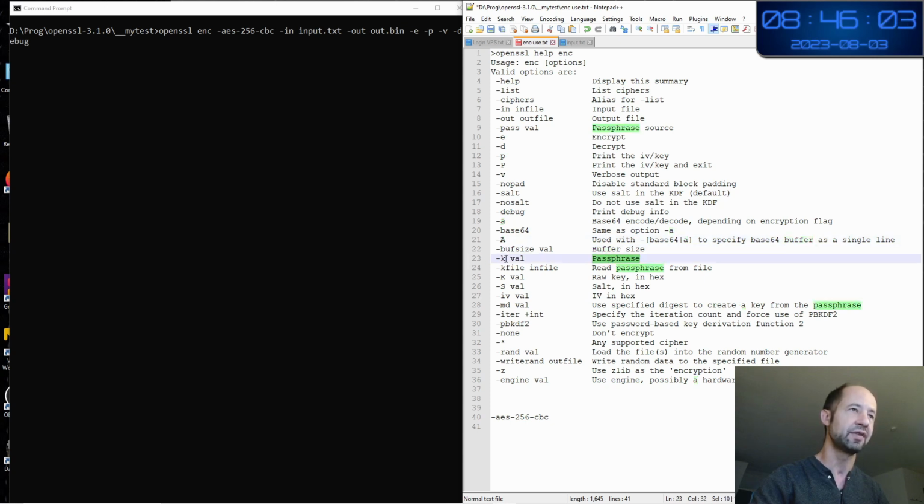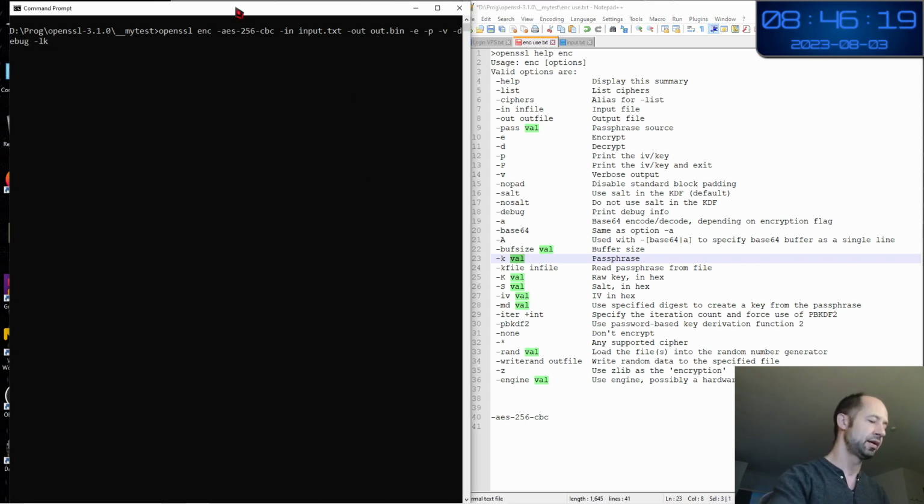The passphrase, -k. Let's say yes, I will put the password in the command line: -k, pass.